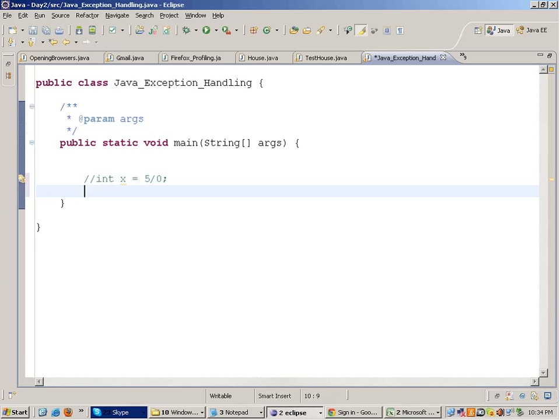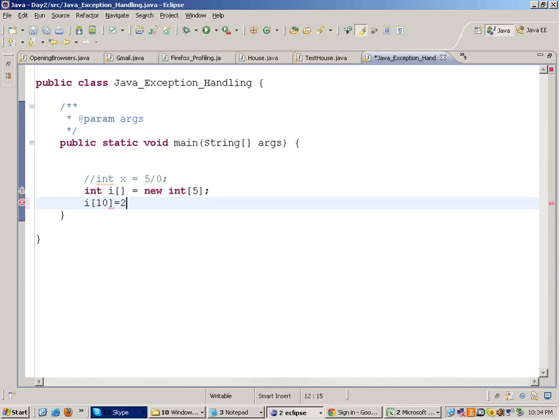Or if you build an integer array i equals new int[5], I'm specifying that I'll have an array of integers which will contain 5 integers in it. But if I write i[10] = 2, I'm assuming you have the knowledge of at least arrays.